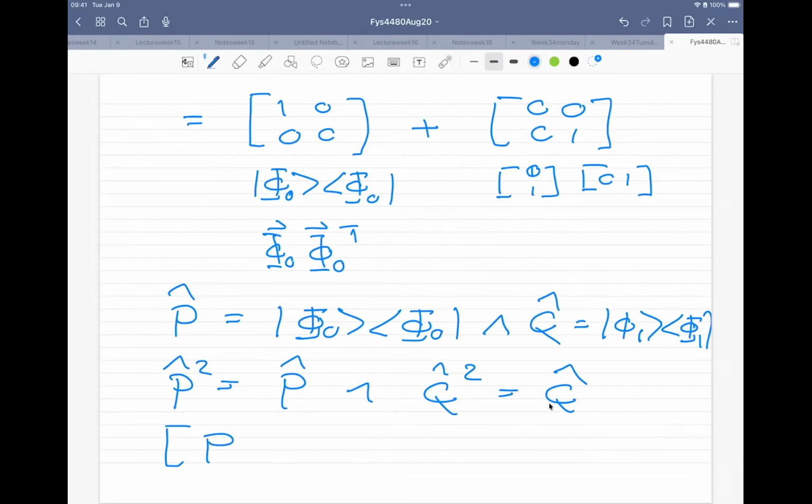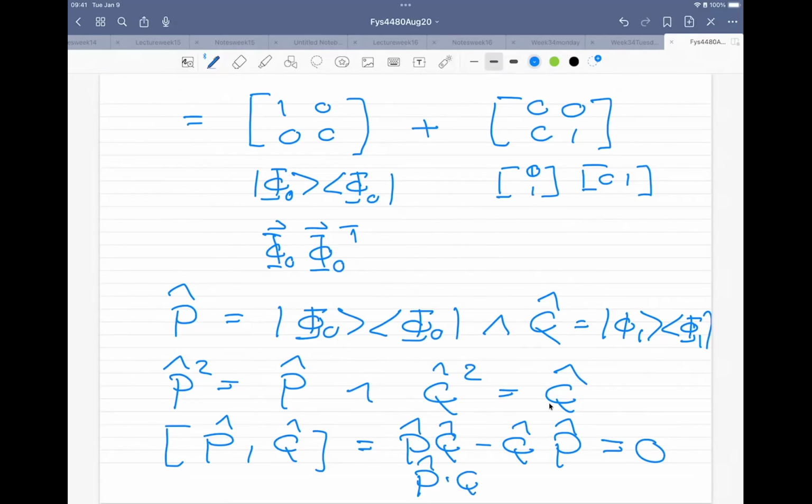Furthermore, if I take the standard commutation between these two matrices, which is equal to P times Q minus Q times P, this is equal to 0. If I multiply P with Q, this is also equal to 0. Does anyone remember what these kind of operators are called when P squared is equal to itself? Yes. So this is extremely important for us because when this acts on a